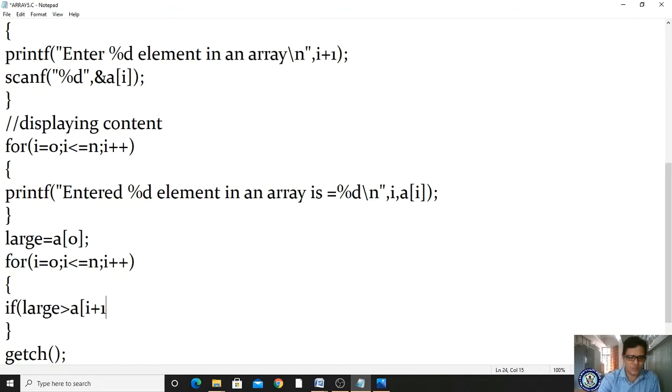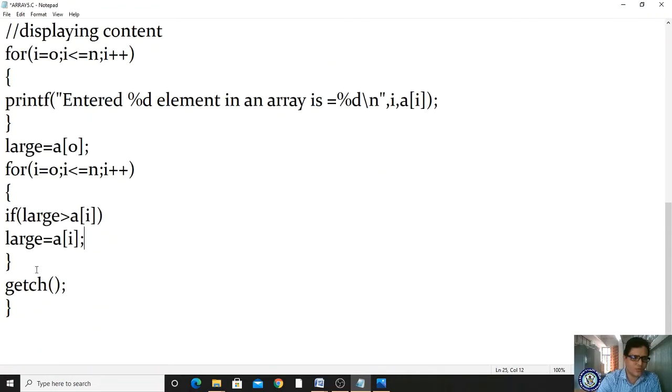Okay, no problem, let me give it as only I. In large, which value have you assigned? A of 0 value. If A of 0 value is greater than A of I, then you make large equal to A of I. Got it? Afterwards, you have to print this large value.